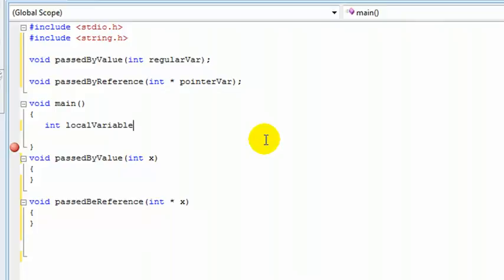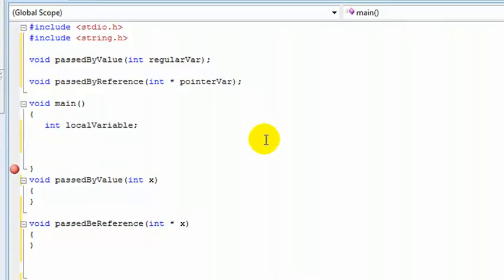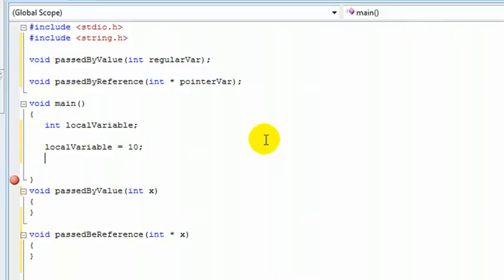I'm just going to call it local variable. Now when I call the normal passed by value function passing in an integer, I say local variable equals 10, and then I call passed by value local variable,